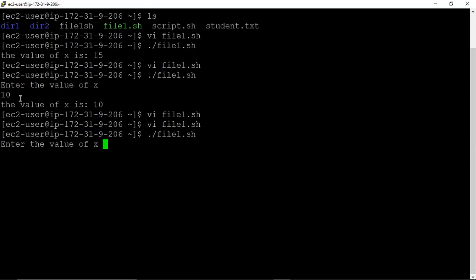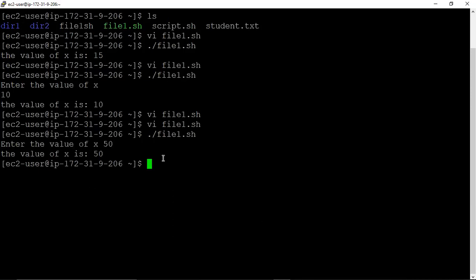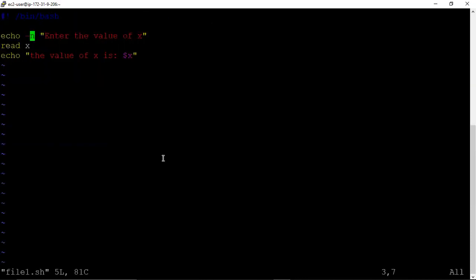So if I enter the value of x as 50, see the result: the value of x is 50. So using echo dash n, we can enter the value of x on the same line. This is the benefit of echo dash n. Immediately we can enter the value of x right after this.